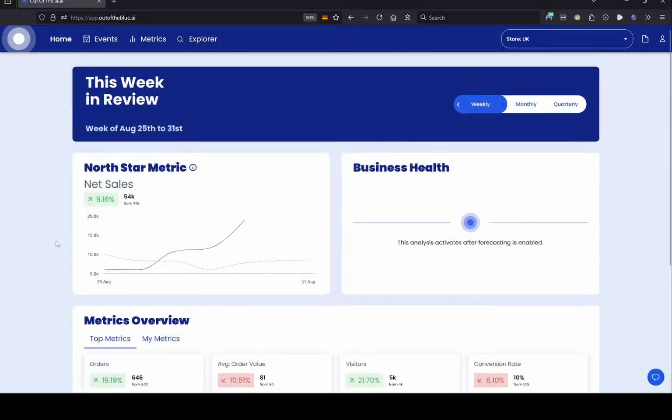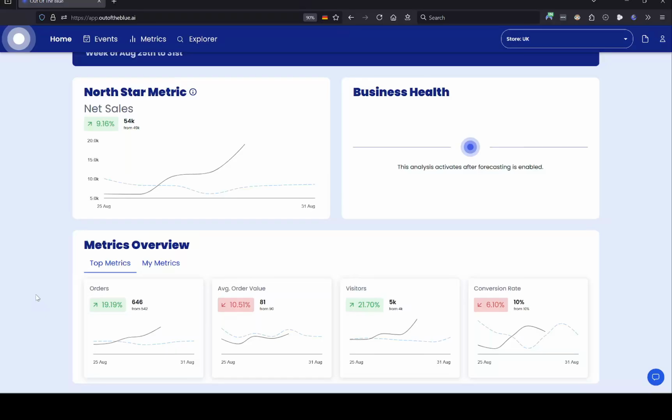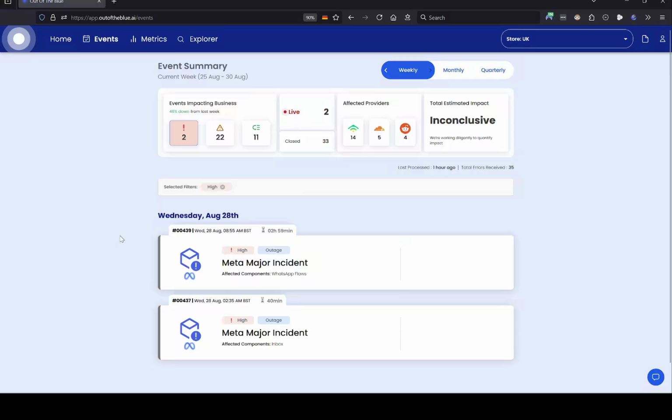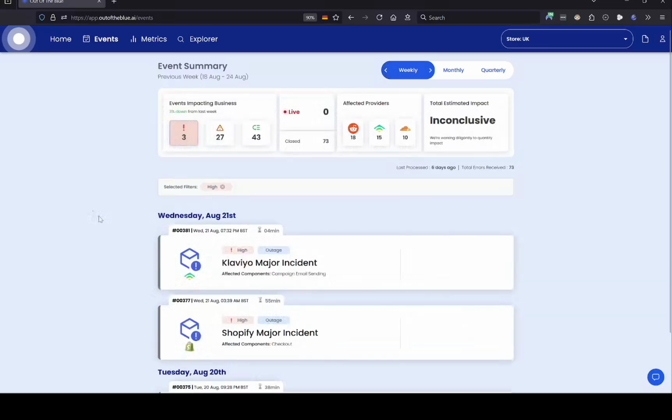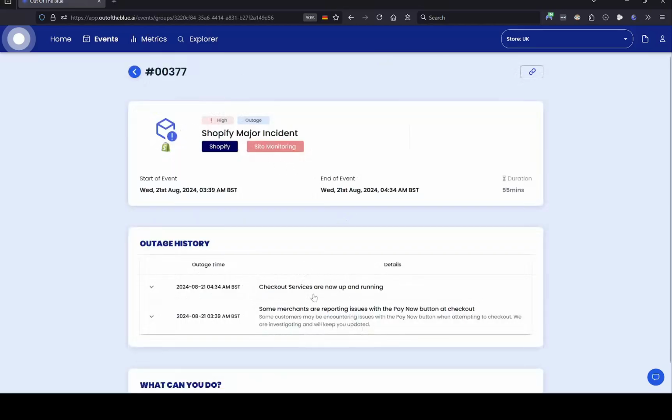By installing the app for the store selected, you enable Out of the Blue to track your key metrics like net sales, orders, average order value, visitors, conversion rate, etc. It also enables you to get insights into outages that may impact your Shopify installation. For instance, here you can see on 21st August there was a Shopify outage which impacted the Pay Now button at